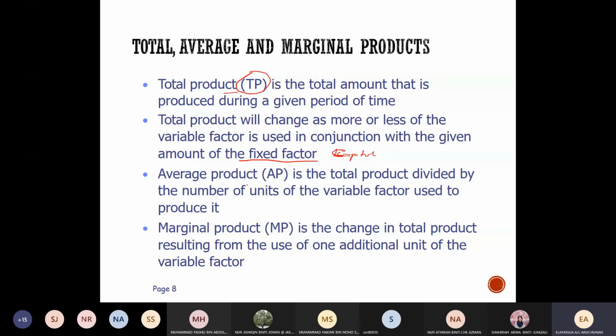Average product is given as AP. This we call average product, which means the total product divided by the number of units of variable factor. So what is our variable factor now? Who knows? Our variable factor is labor. Say, for example,